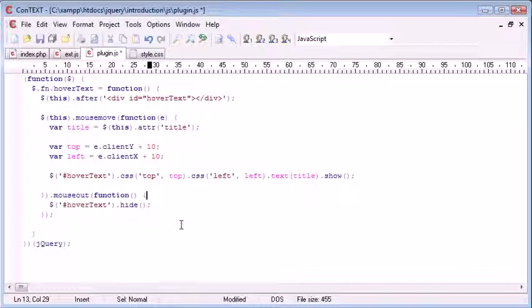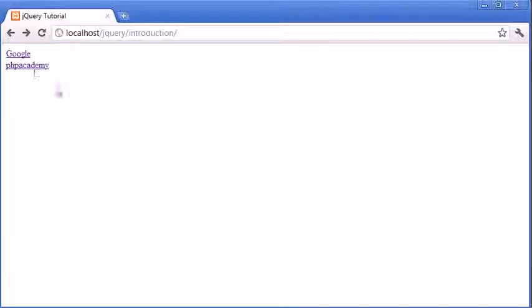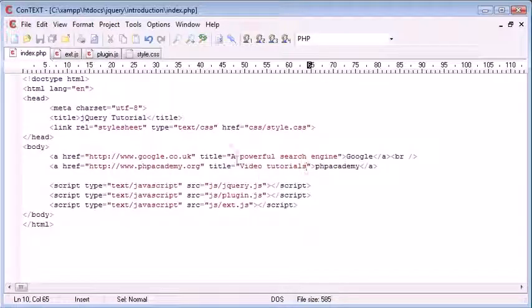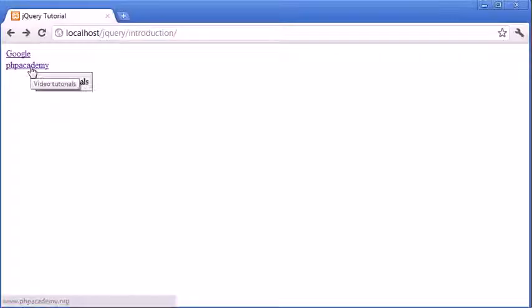So I'm going to get rid of this as well. So hover text.hide when the mouse comes out. Let's just check. Yeah, that's working. So we've got the functionality of it working now with both links, and it's actually taking the title from each one as we wanted it to. However, we've now got this problem of the hover over tooltip